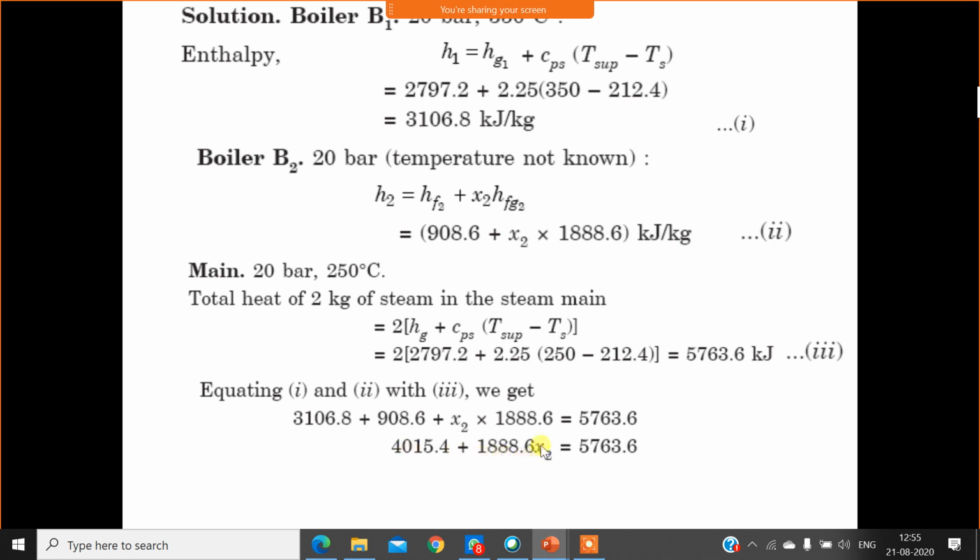Now in this equation only X2 is unknown and everything else is known. Therefore, X2 can be calculated as 0.925. The dryness fraction of the steam from boiler B2 is 0.925. Okay, this is the last problem for